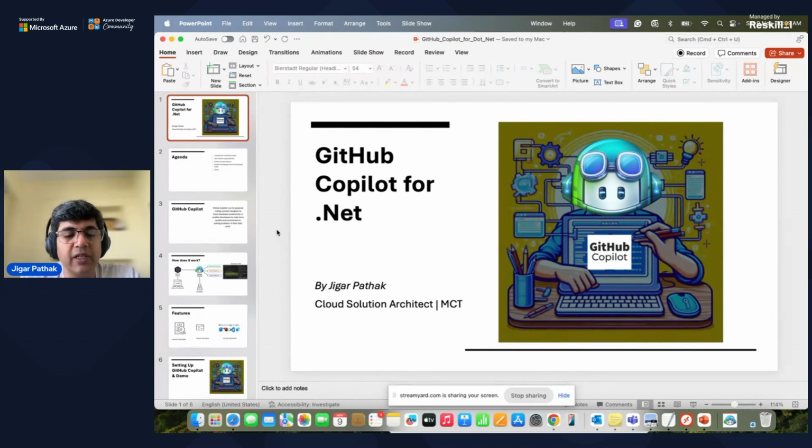Let me introduce myself first, and then we can get started with today's agenda, what we are planning, and how we are going to go through this activity. Don't worry, I will not bore you with slides. We will go through a demo, and we will get familiar with Copilot, how it works, and what things you need to take care of when you are working with it. Myself, Jigar Pathak, working in the industry for almost 20-plus years,